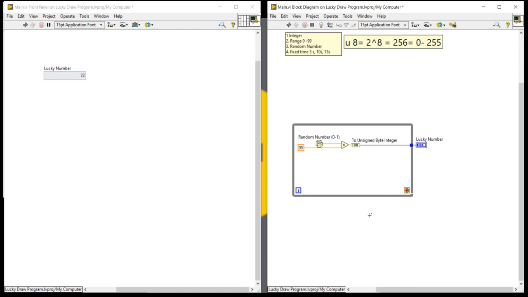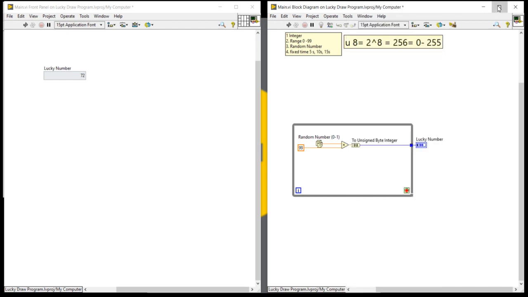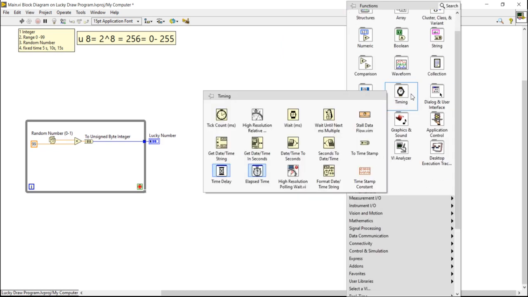Here I am using a while loop because it will run continuously. Now look at here, how can we control this while loop using the time? For that, all of you look at here, right click and come into the timing.